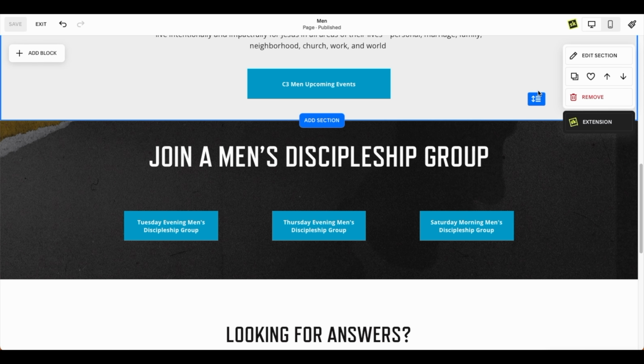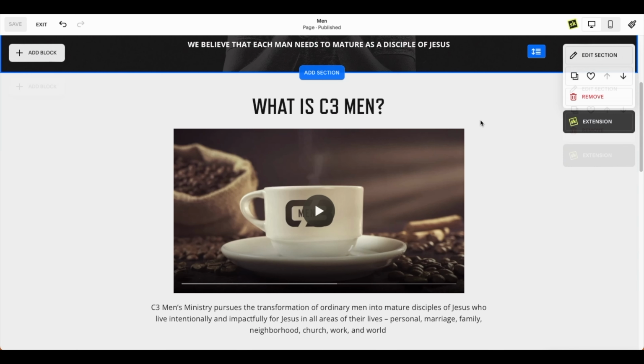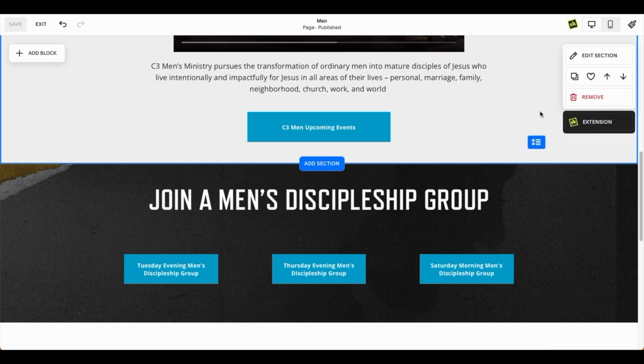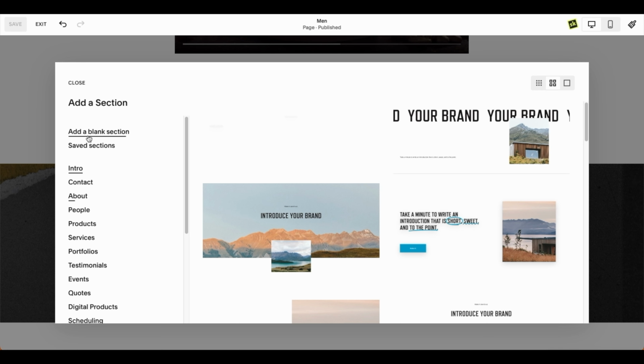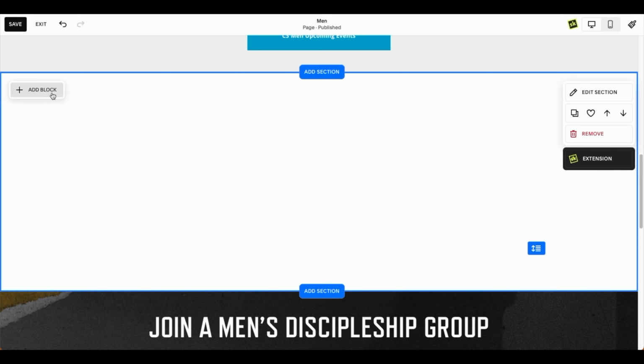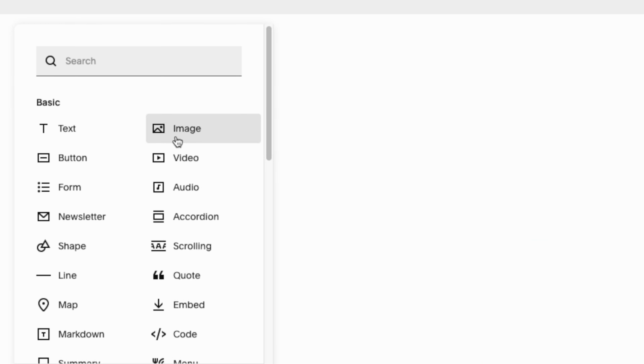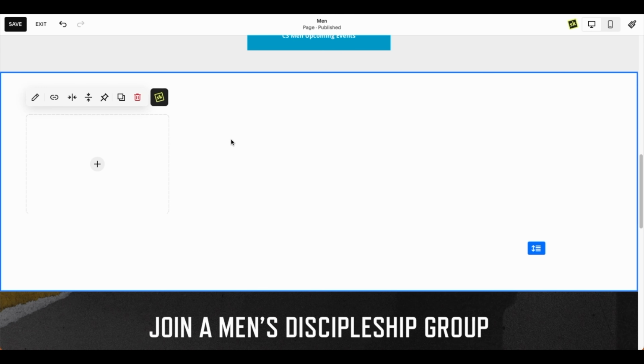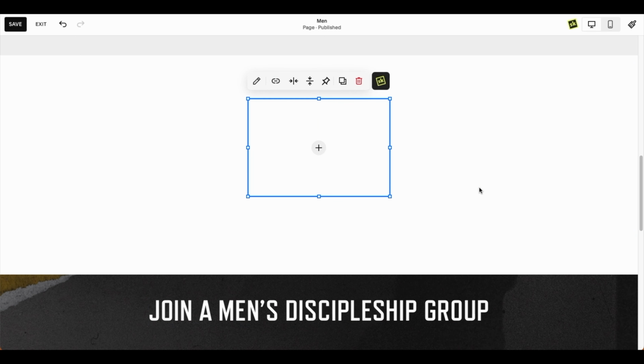So for our next example, we're going to add some pictures to the page. We don't have pictures at the moment for this page, but for the sake of this tutorial, we're going to add one. So I'm going to add a section, and I'm just going to add a blank section. I'm going to do add block. You're going to see this button called image. You're going to click it, drag it to the area you want it to be in, press plus,